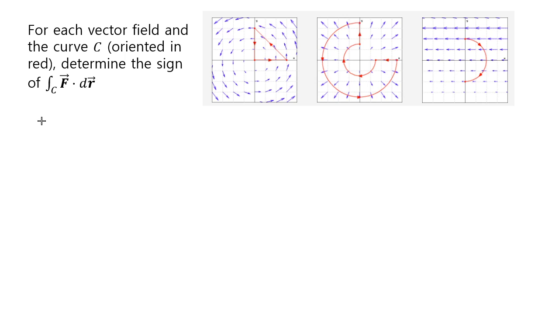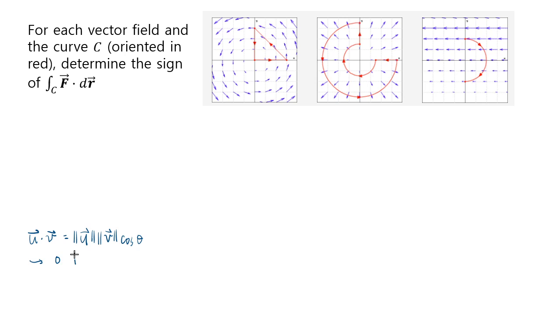For each vector field in the curve C oriented in red, so these red paths are C, determine the sign of the line integral. Well, before we do this, you have to know that u dot v, the dot product, whose definition is that it's the norm of the two vectors times the cosine of the angle between, means that